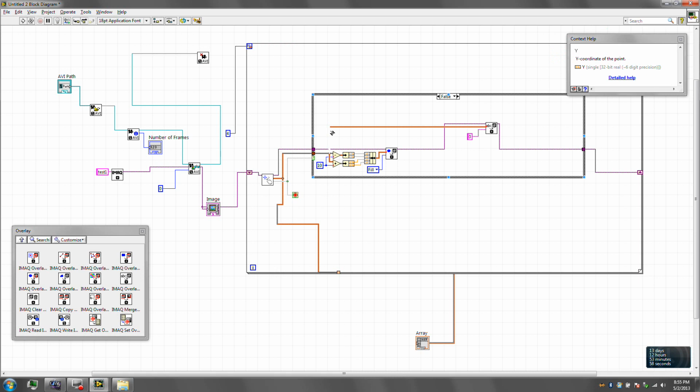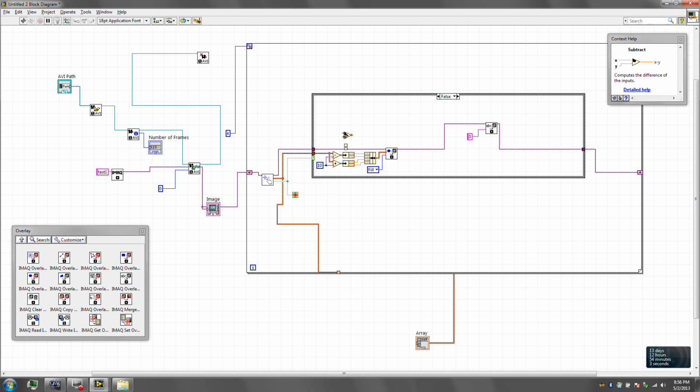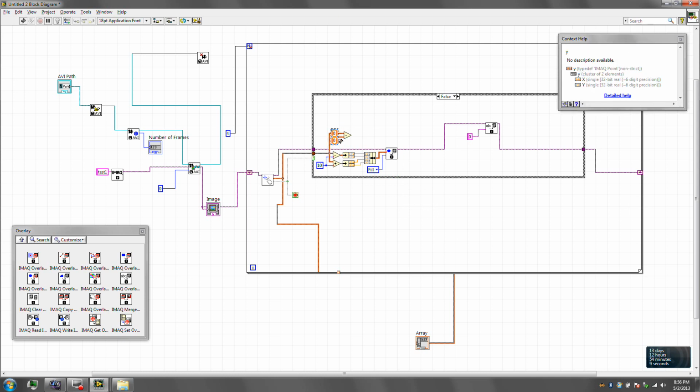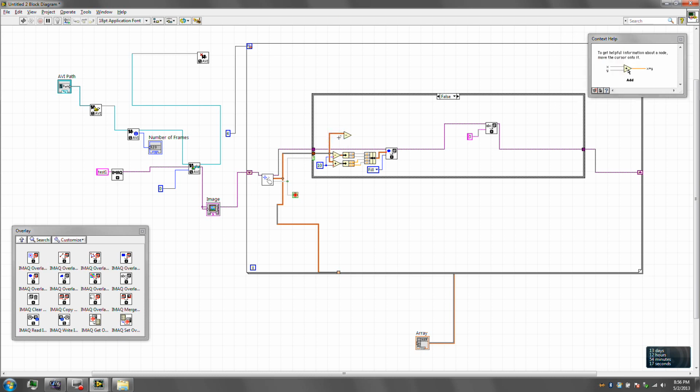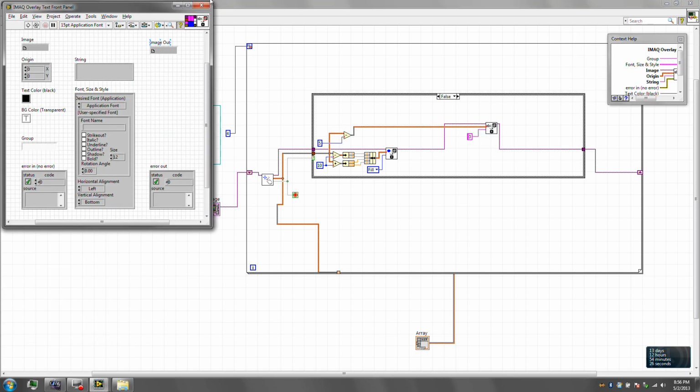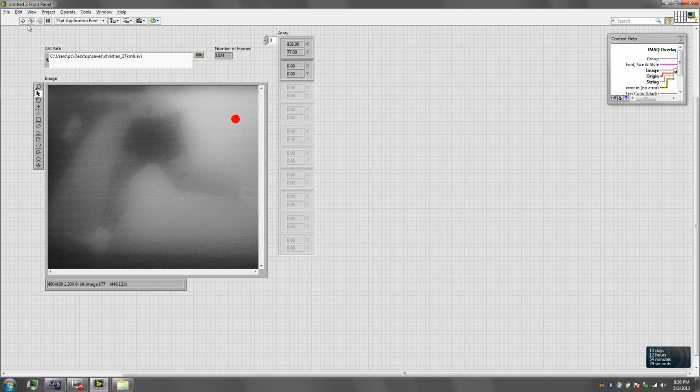So what I would like to do is to have the origin point, instead of where it is, I'd like to subtract from it, from this origin point. I'm gonna subtract. Okay, so when I did that, it gave me an array inside the cluster to delete from the X something different from the Y, which is not what I want to do. I want to get rid of 5 from each side and then plug this back in here. Now let us go ahead and see what this looks like,